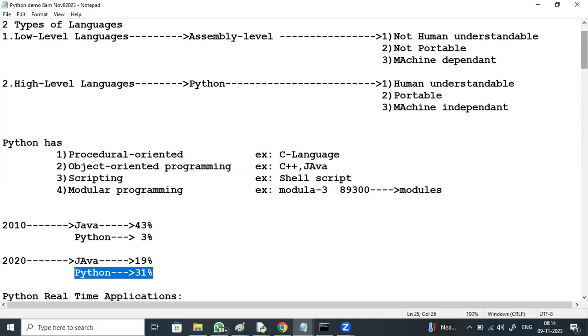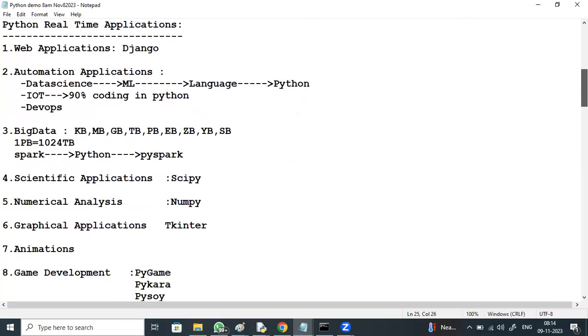And what kind of applications can we develop using Python? Web applications. You can develop web applications at rapid speed as compared with other technologies, and that too with very little code. 100 lines of Java code I can write within 15 lines in Python. 15 lines of Java code I can write within 3 lines in Python. Today I'll show you one example, comparing Python code with other programming languages, so you can check how simple the coding of Python is.